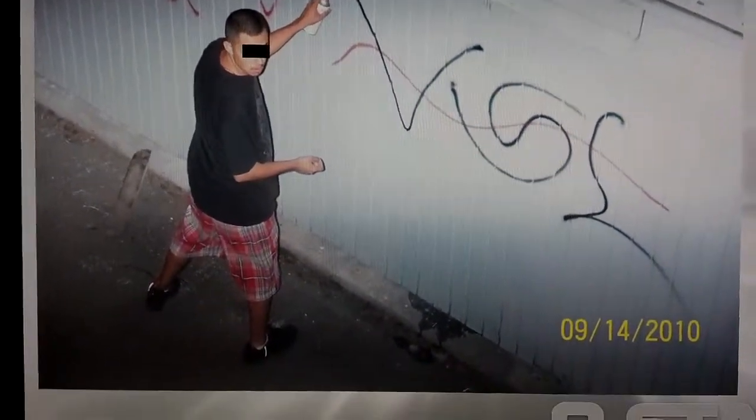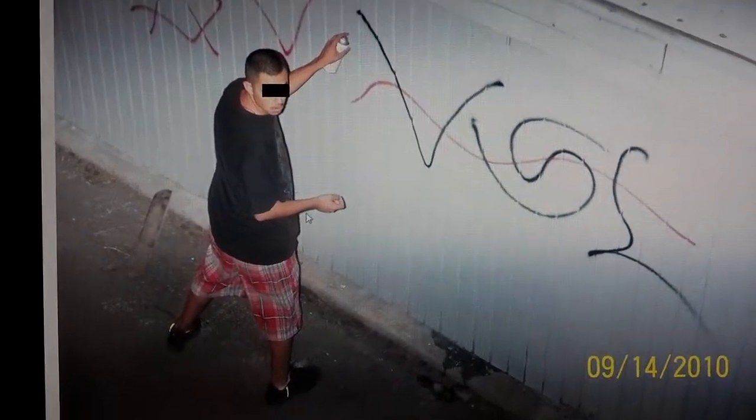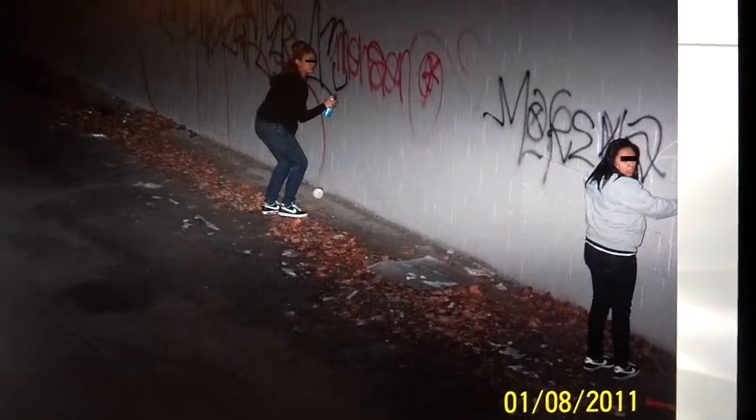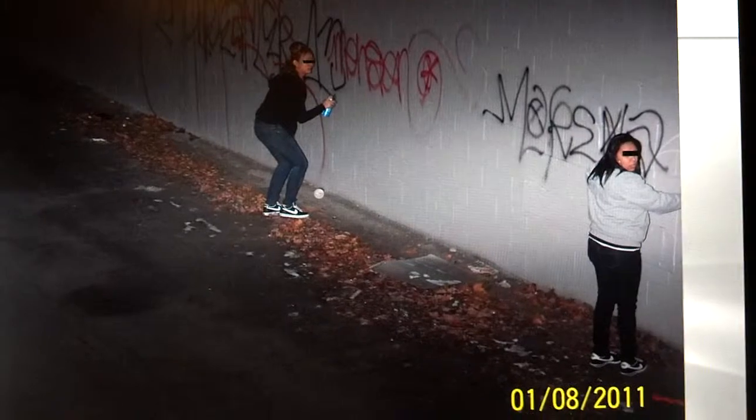And again, just another one showing the date stamp and the quality of the pictures, and catching them in the act, and being able to use those on their website. And how graffiti isn't just any specific gender. We have, caught some of the girls out there tagging. Just the success that the